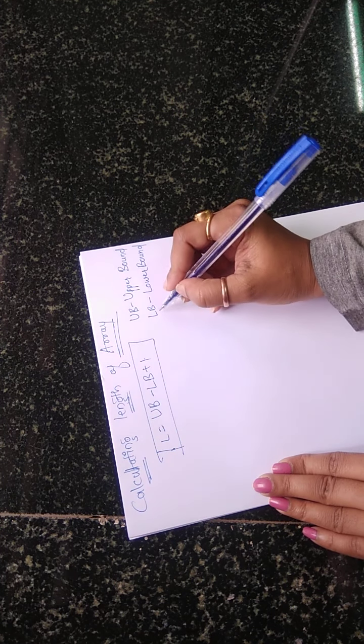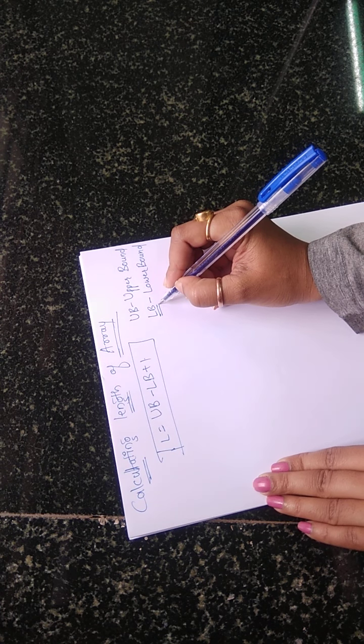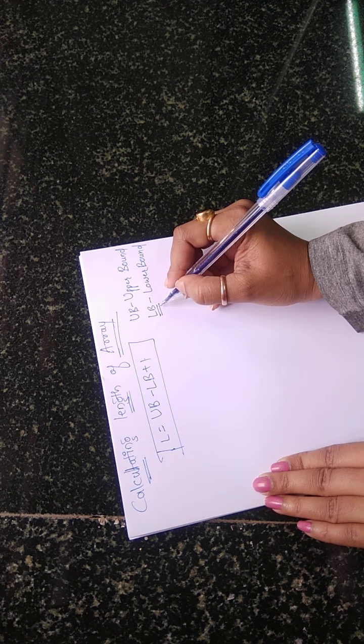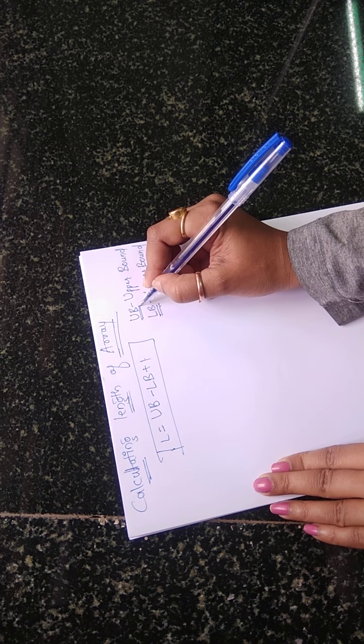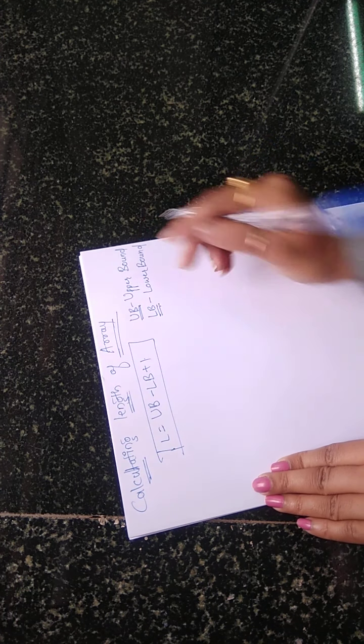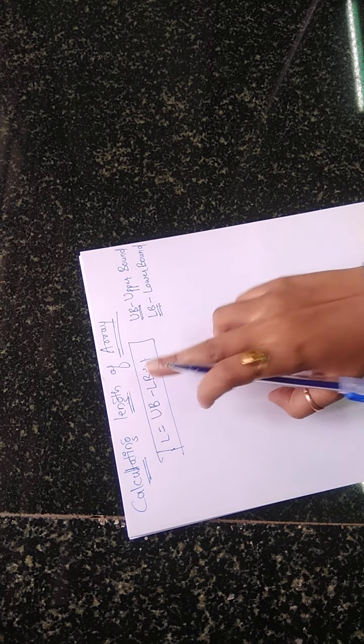The first element position in your array is the LB, and the last element of your array will always be the UB. Fine. So that is how we calculate. Let me give you an example. Just remember UB is the upper bound and LB is the lower bound,